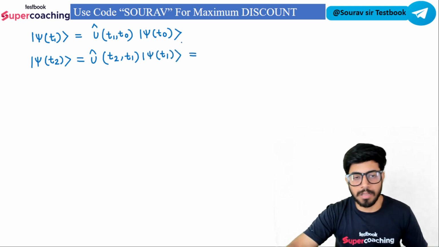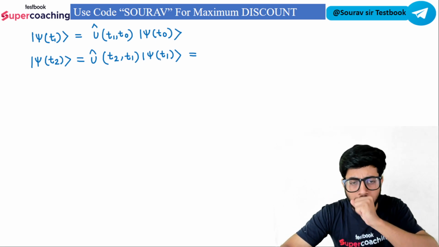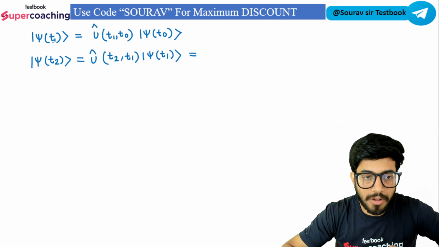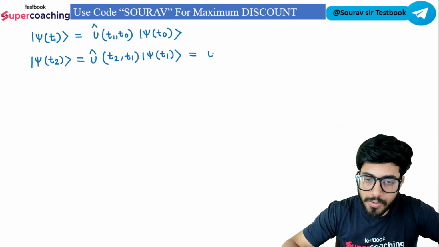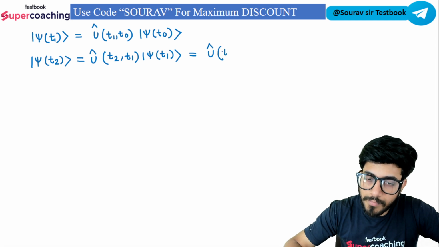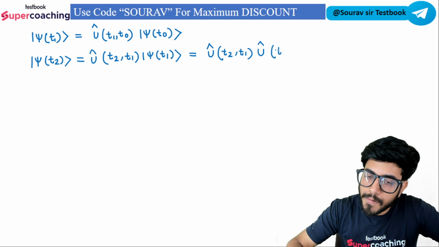That can be written as, just put the value of this in place of psi of t1. You're gonna get u cap of t2 comma t1 u cap of t1 comma t0 psi of t0,